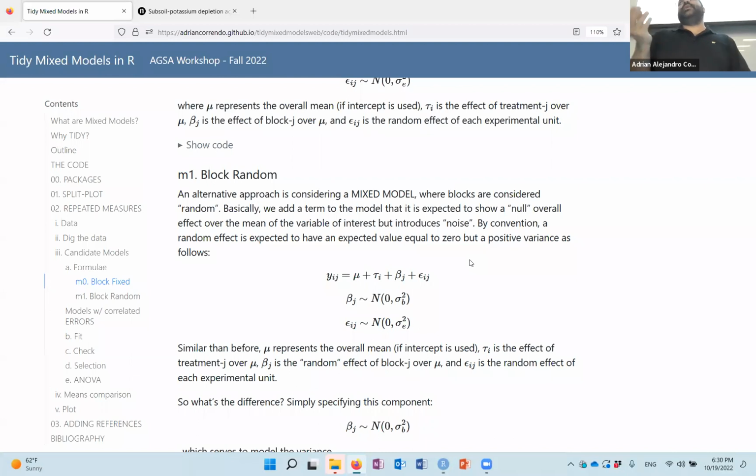The problem is that normally we put only 3 blocks or 4, in the best case 5, 6, with good luck, right? But to evaluate the random factor, it's very likely that we need more than 5, 6, okay? So if we're analyzing block as a random factor, the ideal condition is to have as many as possible, okay? But either way, block fixed or random is okay,